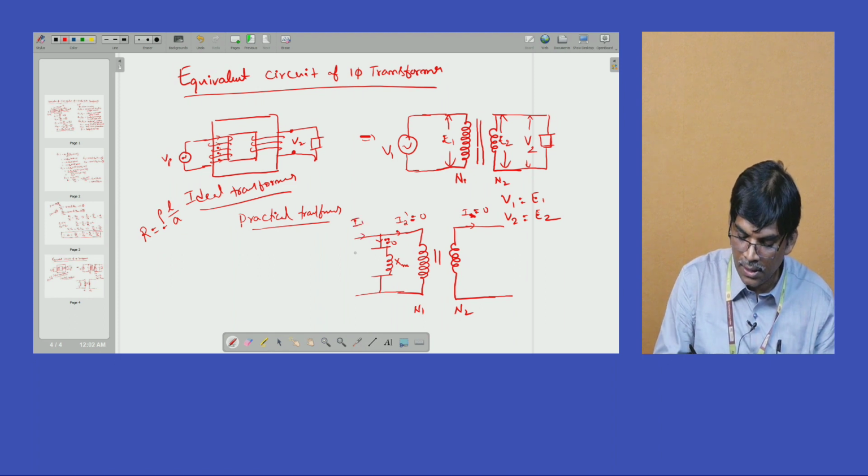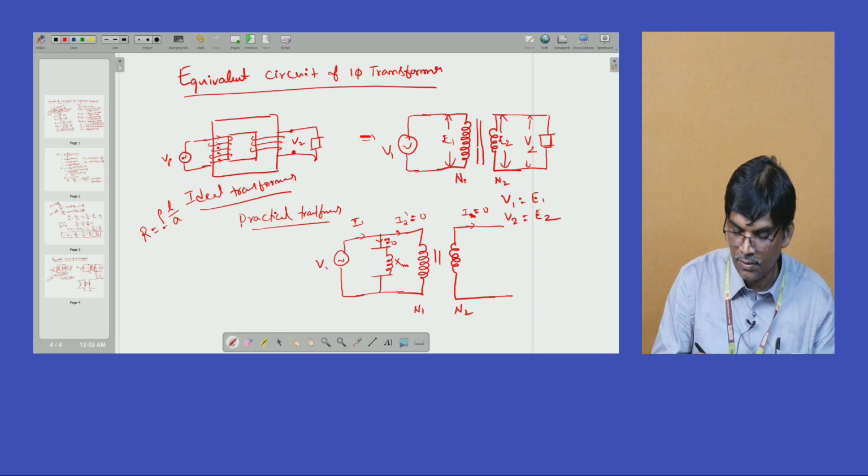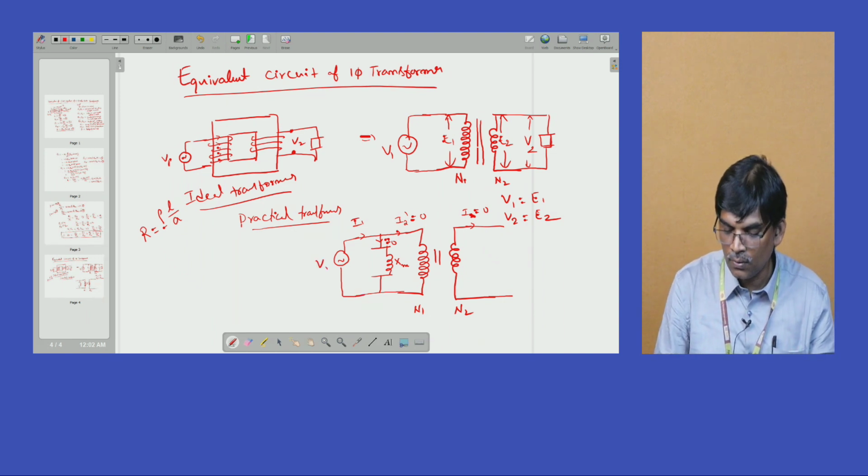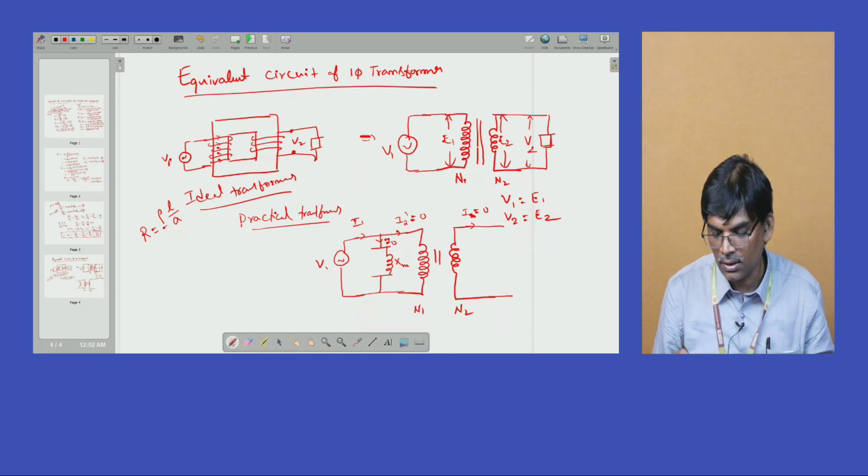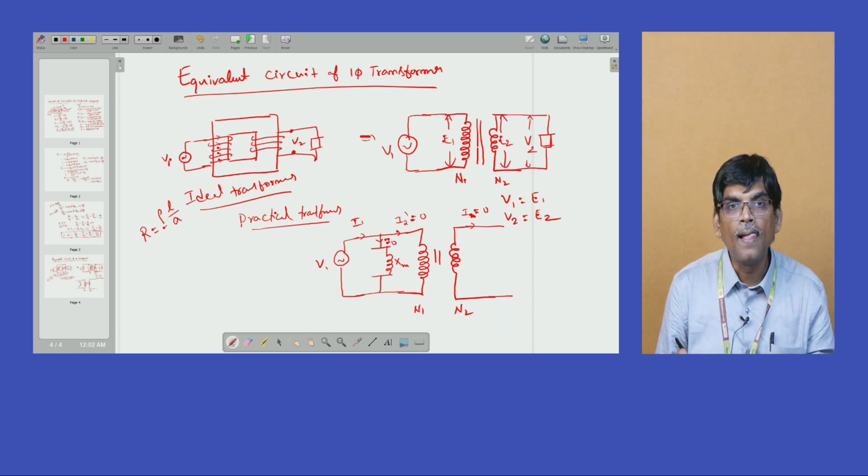Generally it is called the primary voltage. This happens when you apply some voltage V1. Under no load condition, I1 is equal to I0. But this is a practical transformer, so it has iron losses. Iron losses depend upon the